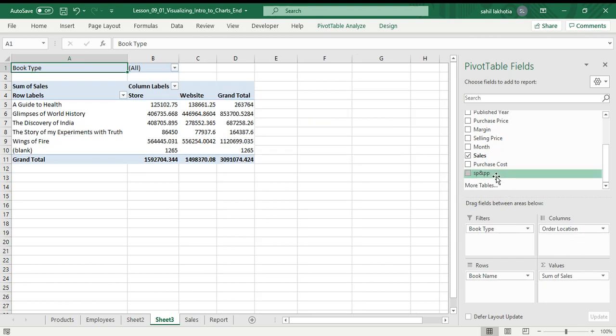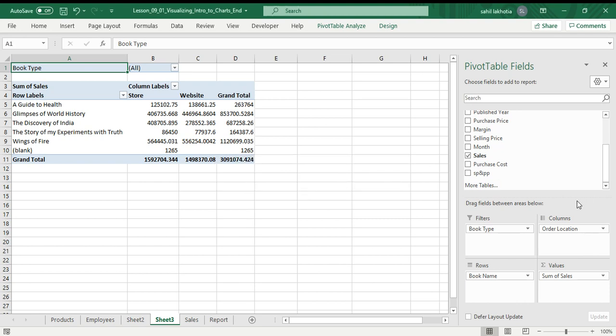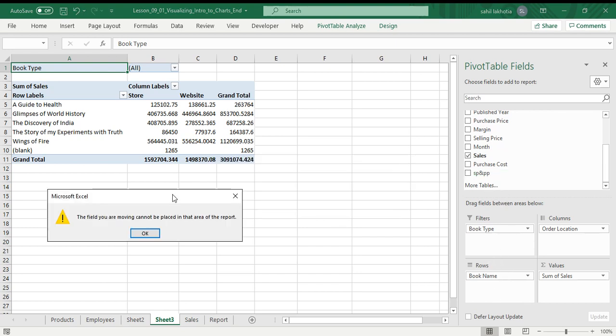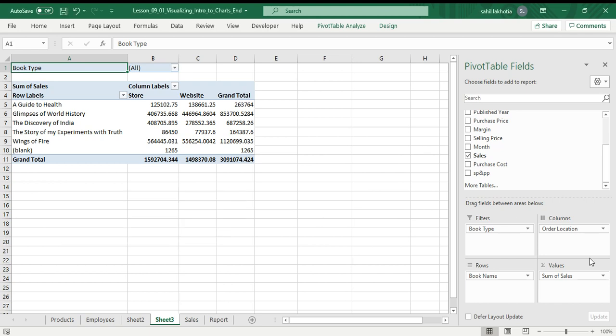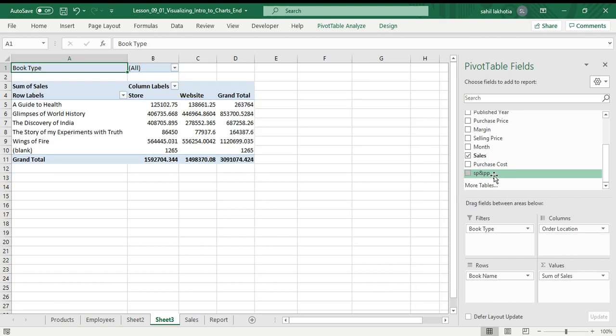Okay, and you got a new field here, right? Selling price and purchase price. If you want to make it appear, select it and drag here. It says it cannot be placed in that area of the report. We made a new field, so go to rows. A field, what is staying here? Cannot be in that area of the report. Why can't we do it? I wanted to select it.